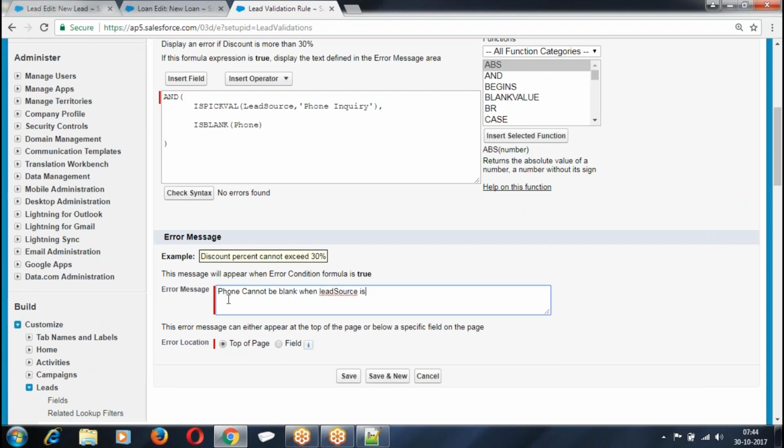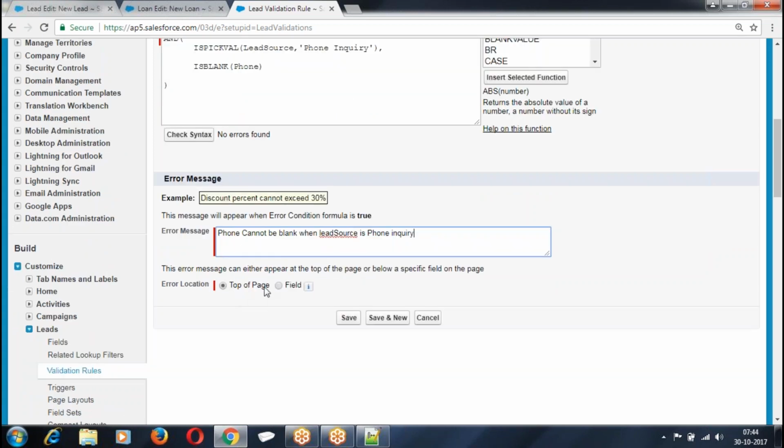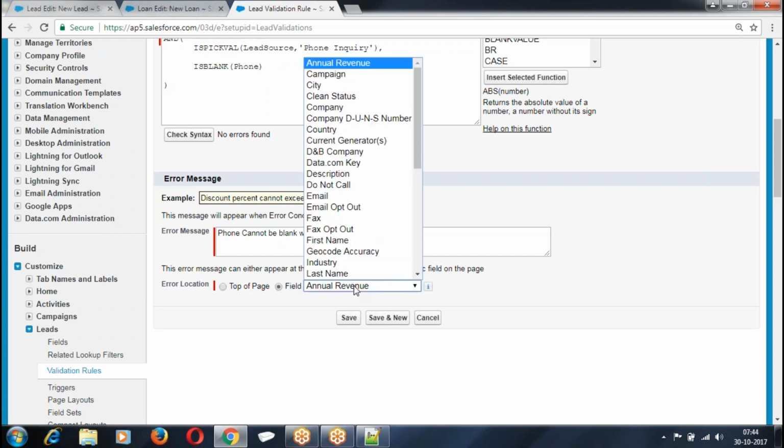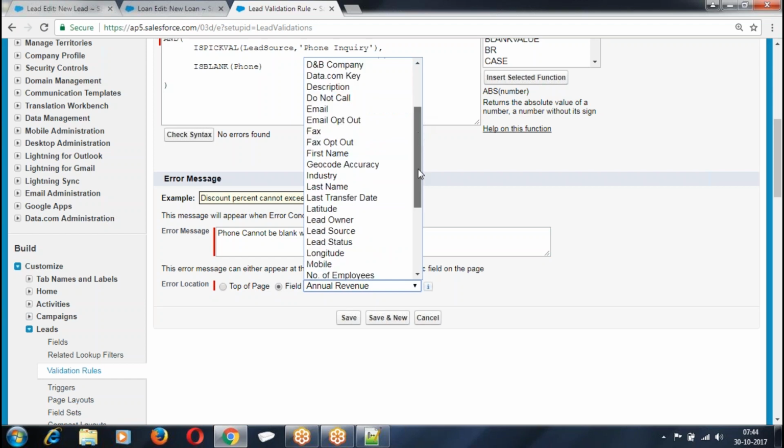Lead source is... Where do you want to print the message, on the top of the page or on top of the field? I want to print on the top of the field. Which is the field? I want to print on the top of phone.